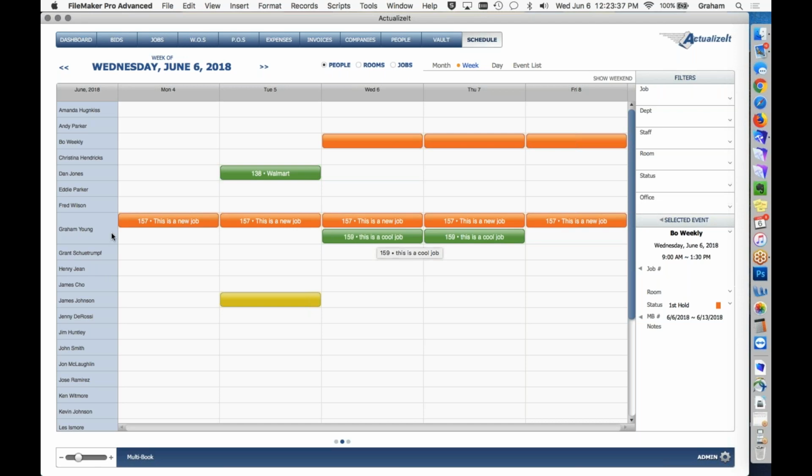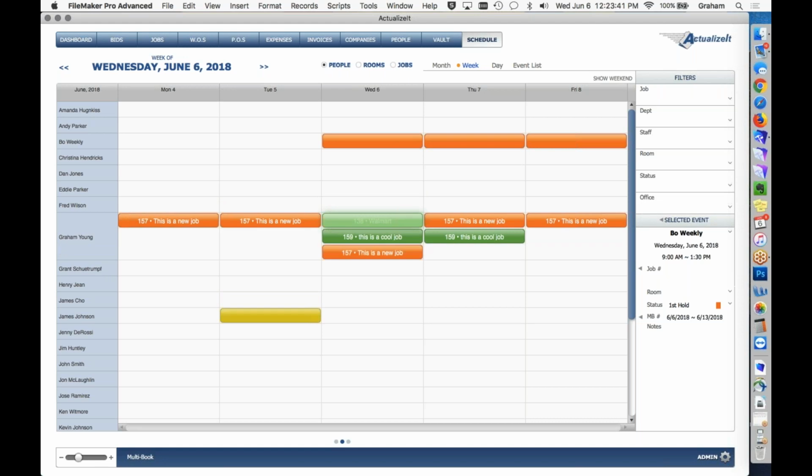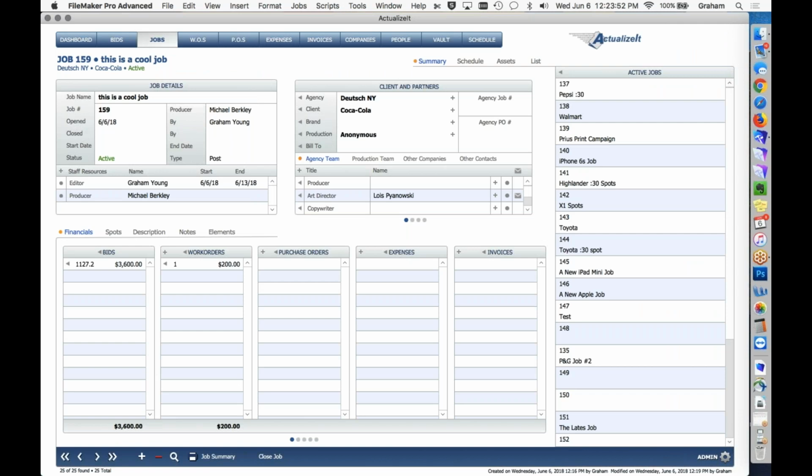Awesome. That makes sense? The rows will actually grow if you have multiple bookings. So if I move this down here and now I'm triple booked, you see? Yep. That's perfect. Okay. And then to just finish the thought on the timesheets,